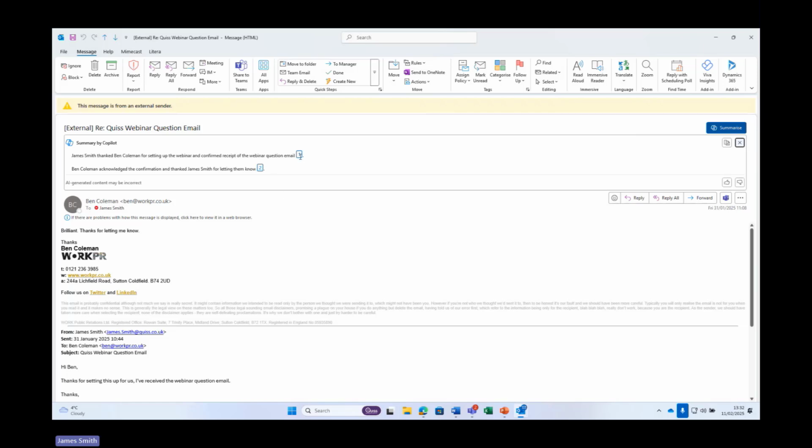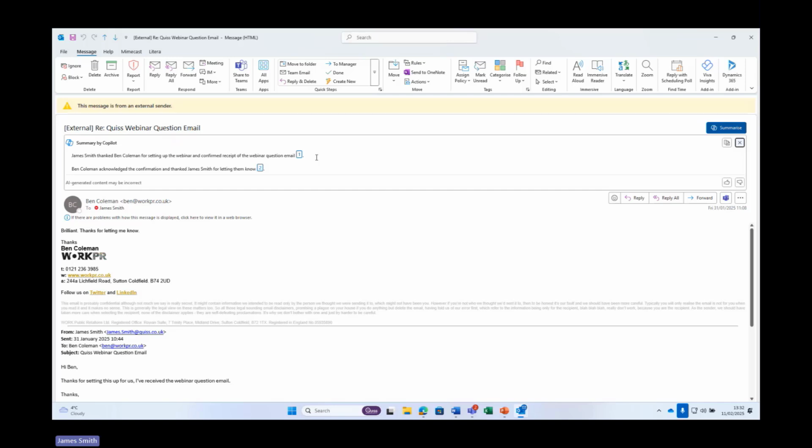Where we've got numbers, it will show me which email it got this information from. So it's really, really quick and easy, but it can save you so much time if I've got a huge lengthy email chain and I just need to get a grasp of what's being said. In one click and a few seconds, it will give you a breakdown of who's